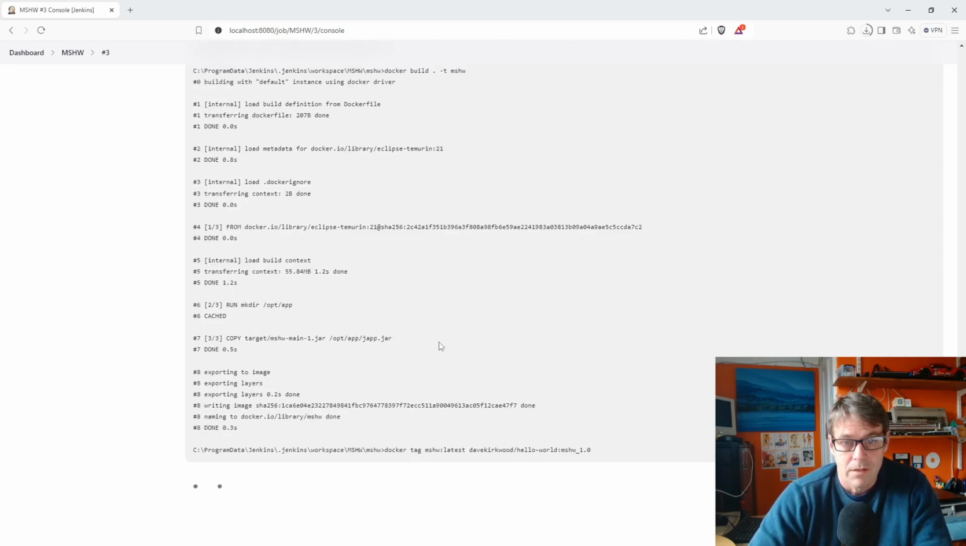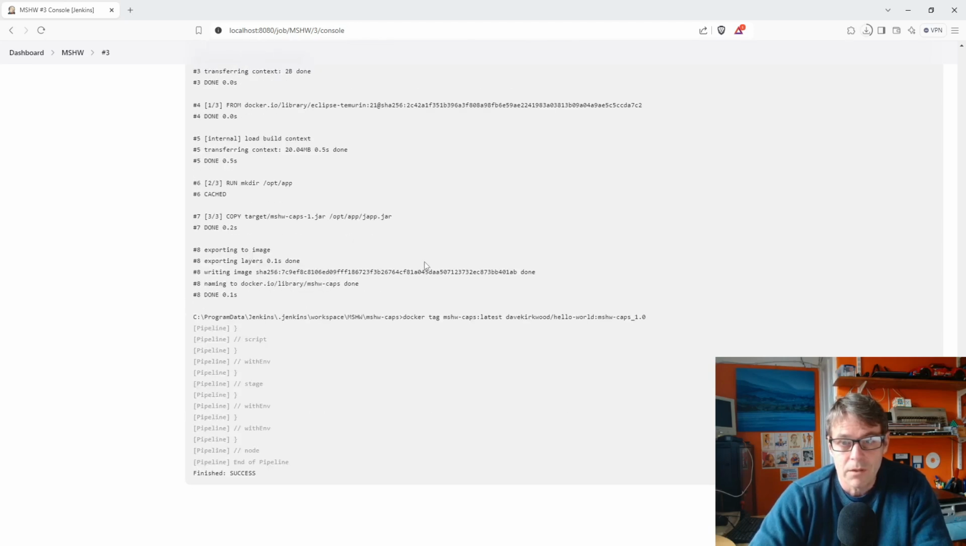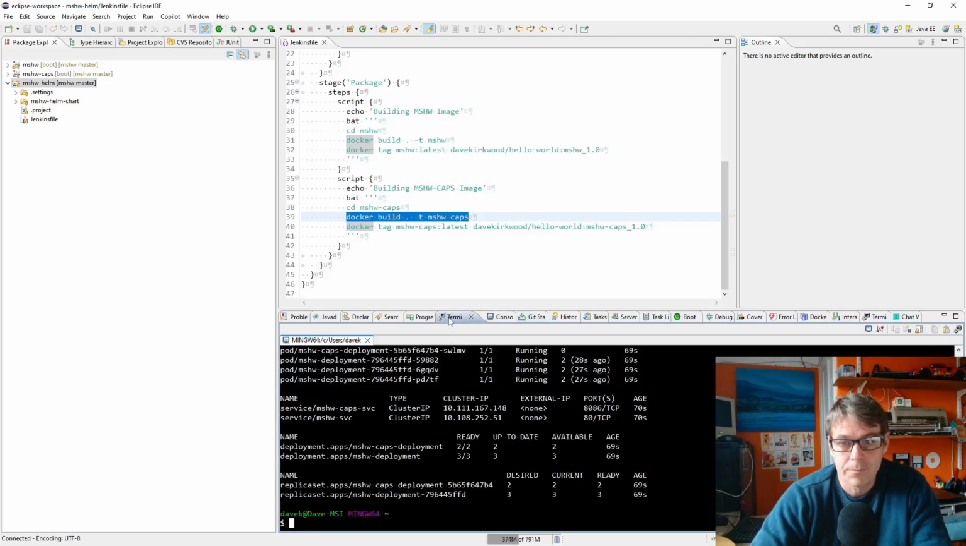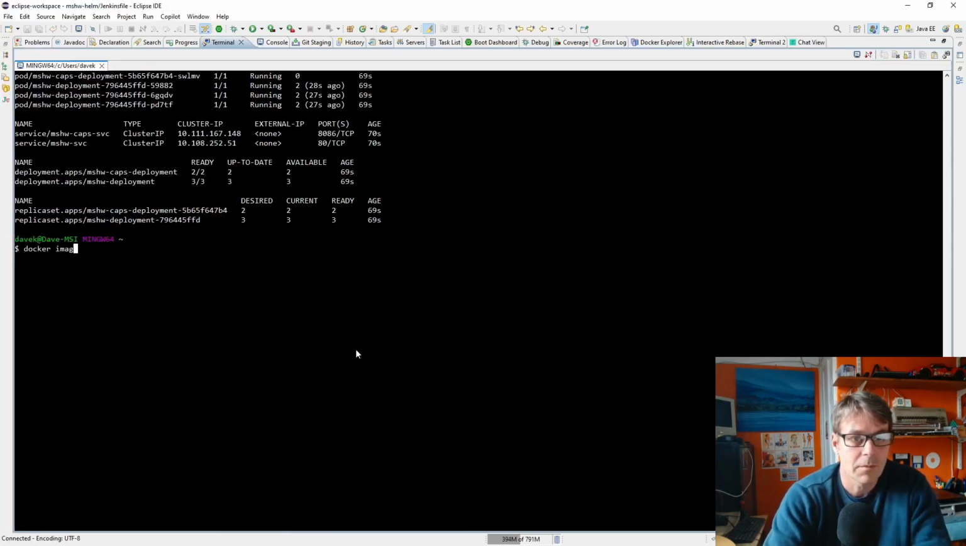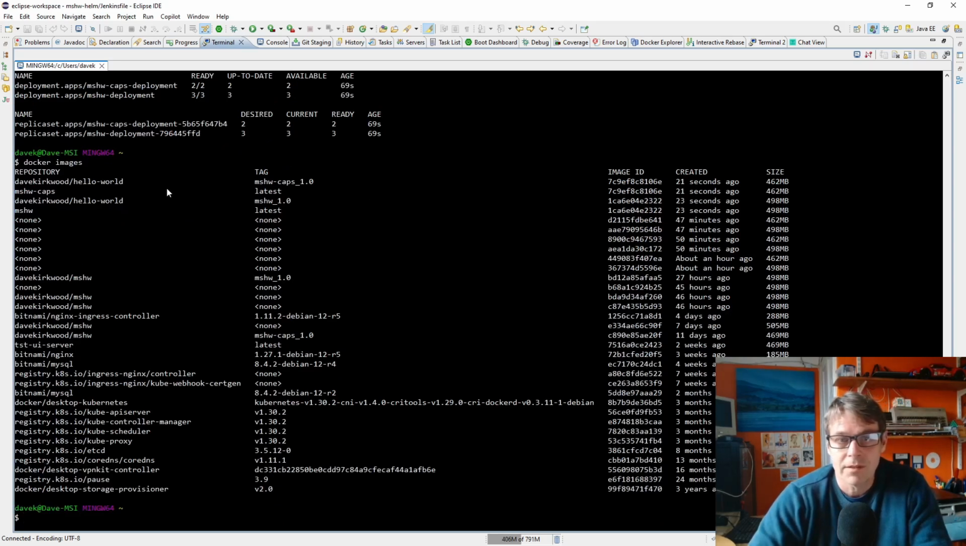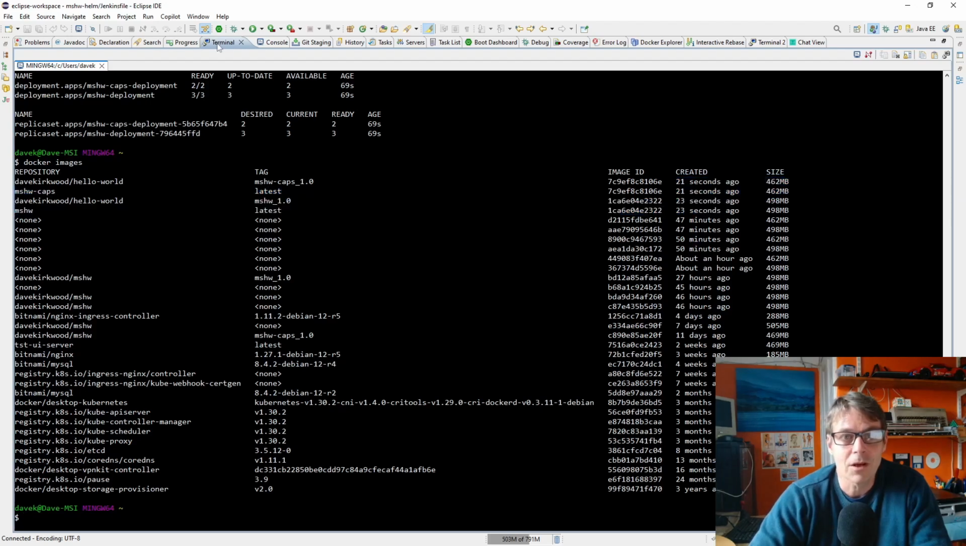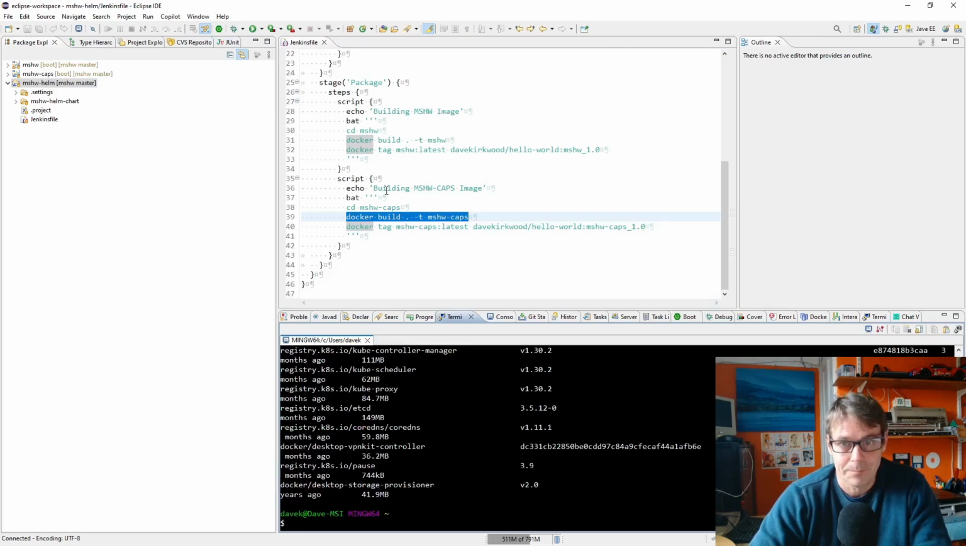Once that's done, I think now it's doing the Docker build, finish success. So let's have a look in Docker. I'll go to my terminal. I say docker images, and we can see that MSHW and MSHW caps and the tagged versions were all built 21 and 23 seconds ago. So that has worked. Now all we need to do is the final stage, the deployment stage, and we'll